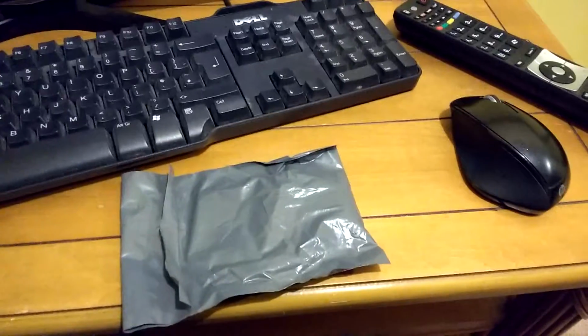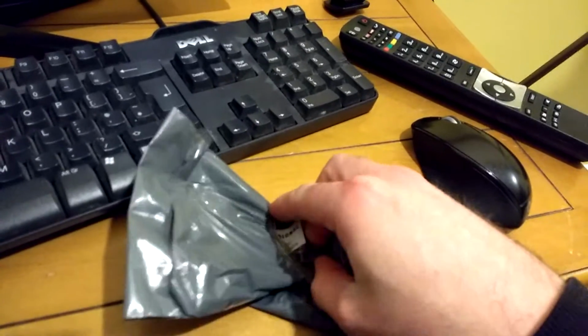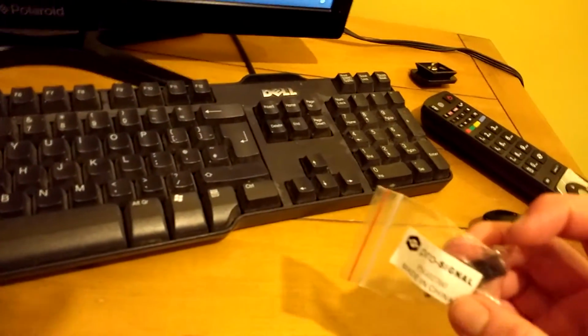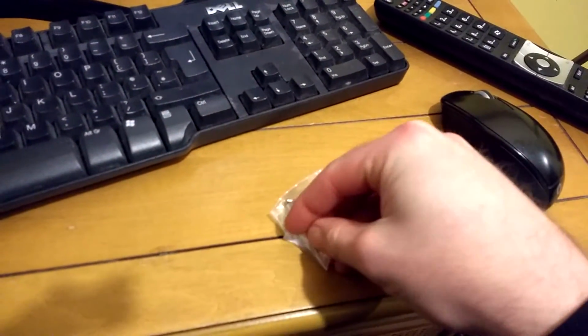Can you guess what's in the little bag? No, you can't. I'll open the bag and pull out what's in it. What have we got here? We've got a Pro Signal made in China, something or other. So if I open this up,